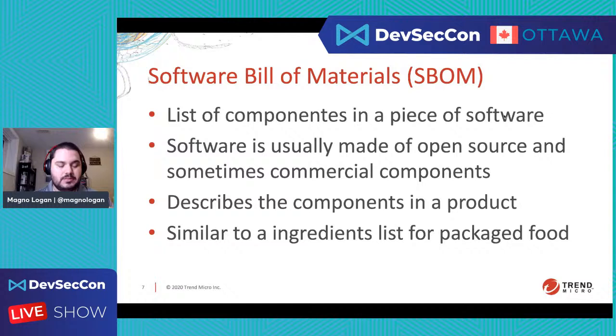This is a software bill of materials, and that was a big deal, as I mentioned, in the recent events with the Log4j or Log4Shell vulnerability, because what happened was people didn't know if they had this library in their code or not. Right? They knew that they were using some Java application, but they didn't have a software bill of materials. And sometimes even if they had it, it wasn't up to date, or it didn't have information on indirect or transitive dependencies, which is something that we're going to talk about in a bit. So they didn't know if they were vulnerable.